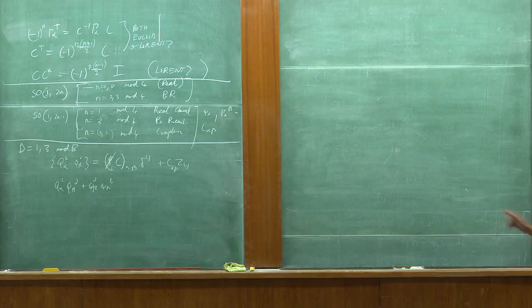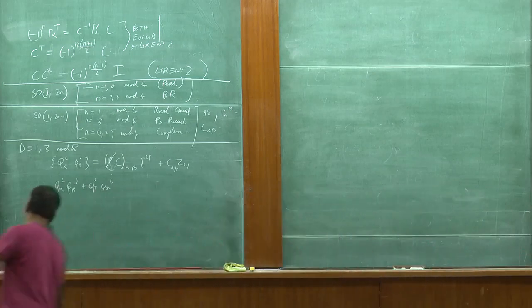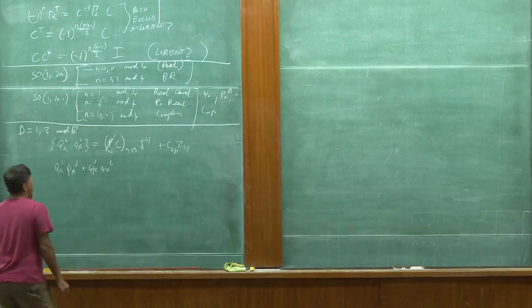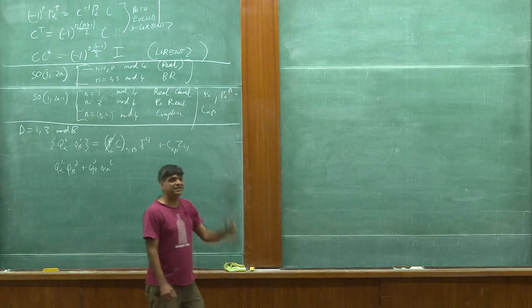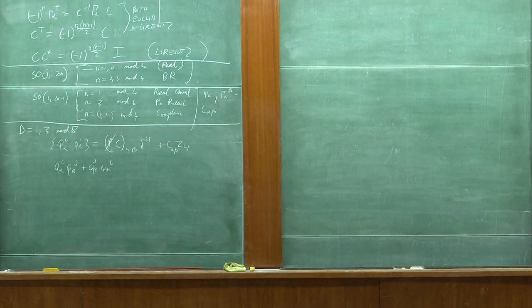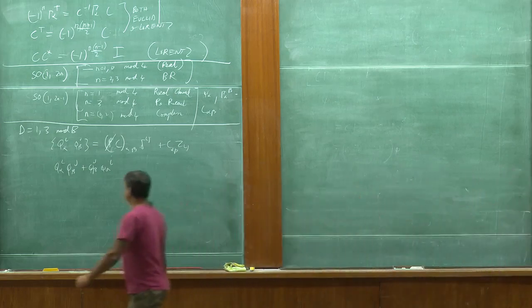Now let's look at each term that appears on the right-hand side. So let's start with this one. Delta ij is invariant under ij interchange. So the term that multiplies it must also be invariant under alpha beta interchange. But under alpha beta interchange, when you've got a product of matrices, that is the same thing as taking the transpose. So the way that this is going to be invariant is if